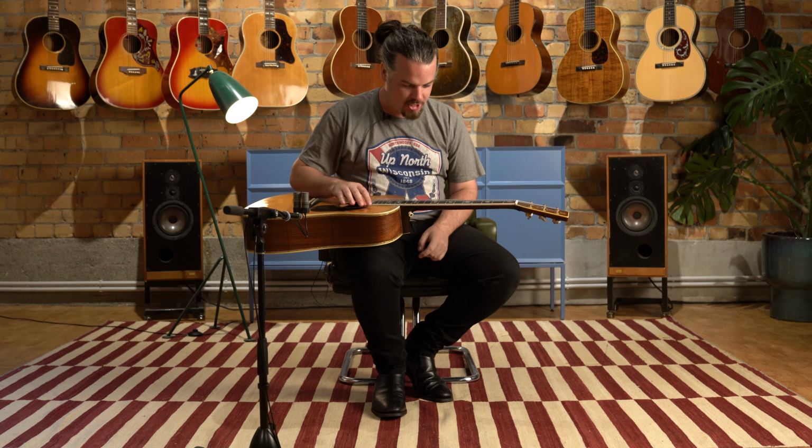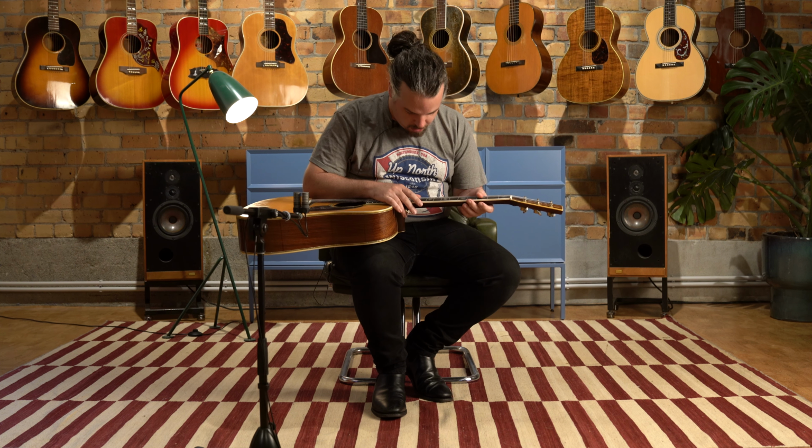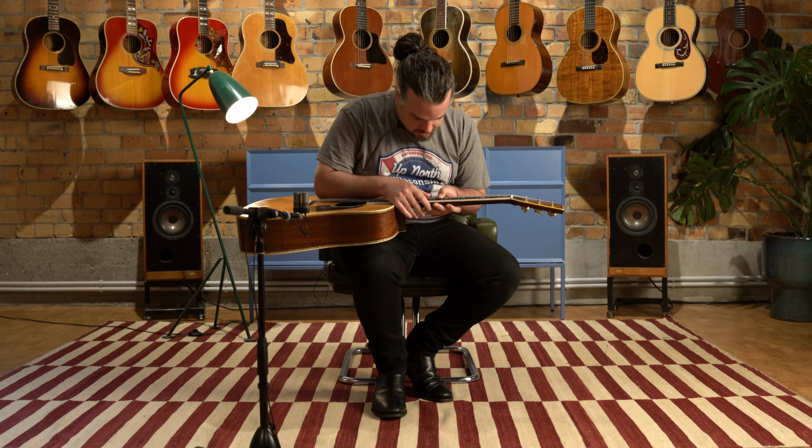It's had a refret at some point, and I think whoever did the neck, the fret work was a little bit of a muppet. Nothing terrible, but whoever pried up these frets left some potholes. So they're very minor, but upon inspection you can see that this guitar's been worked on, and